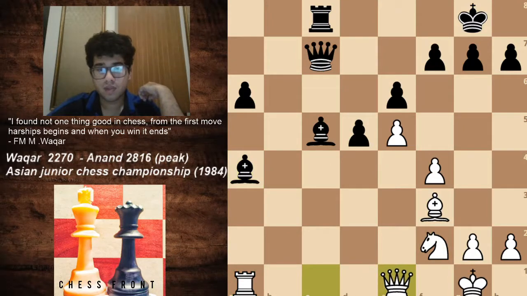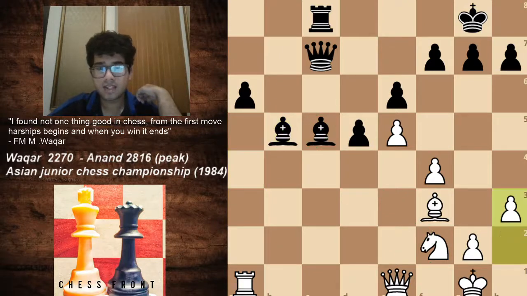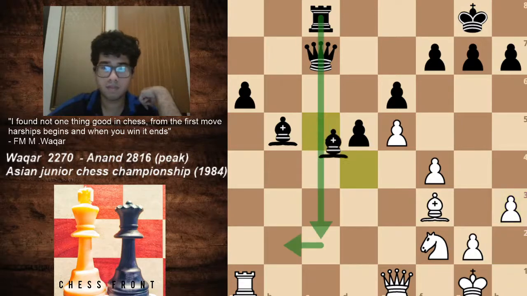So we have queen e1, bishop b5, and the bishop pair now eyes the king, and h3 creating some sort of an escape route for the king if ever need be. And over here, white misses this move, bishop d4.